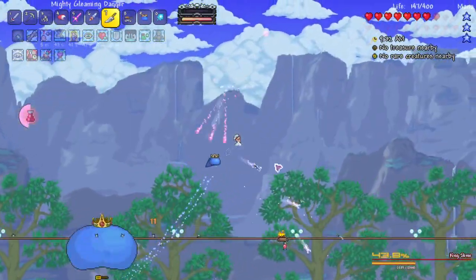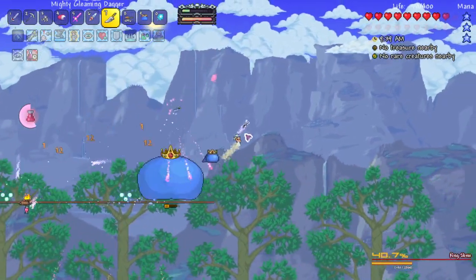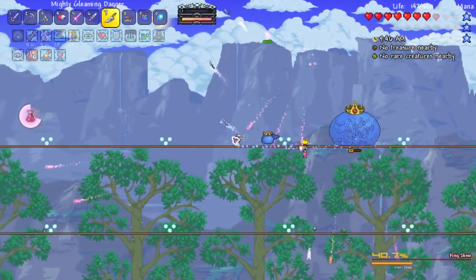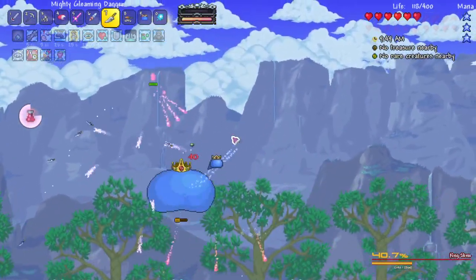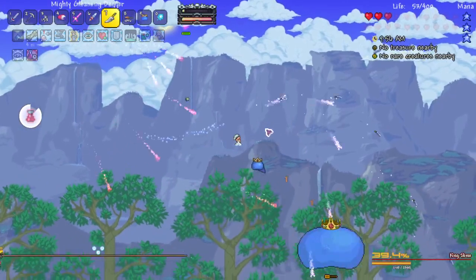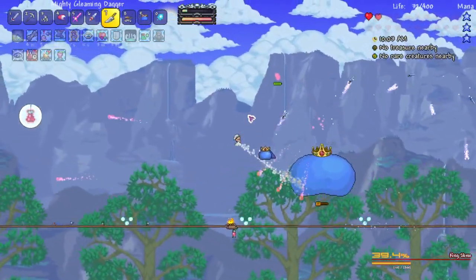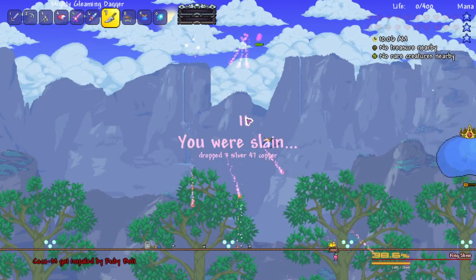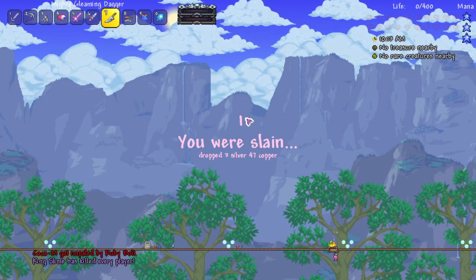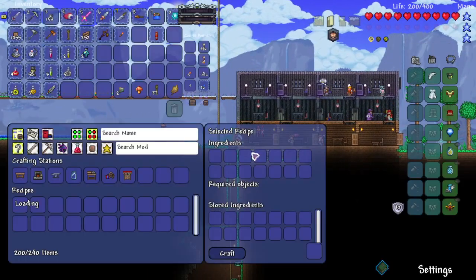Oh God. Ugh. Okay, I got an idea of how to deal with him, though. So try kiting him around the edge and just never be on the ground when he's charging you, is what I gathered from that. So can we...